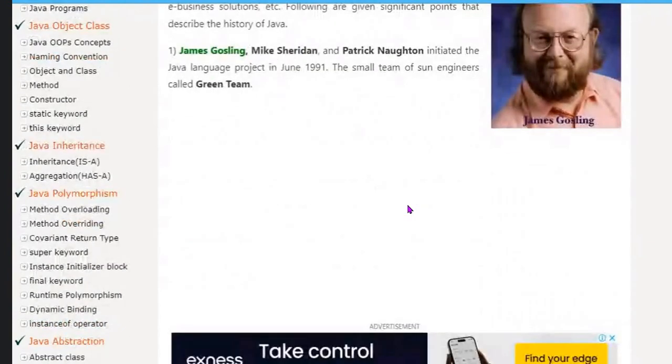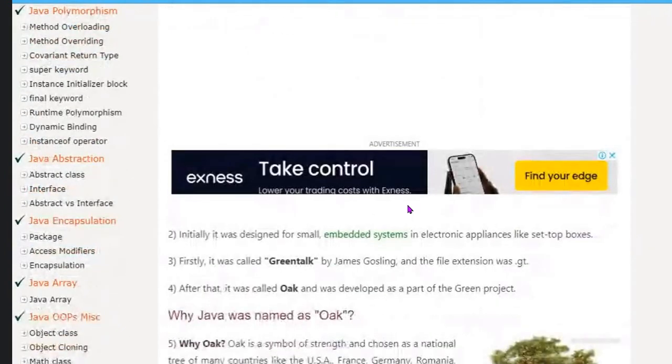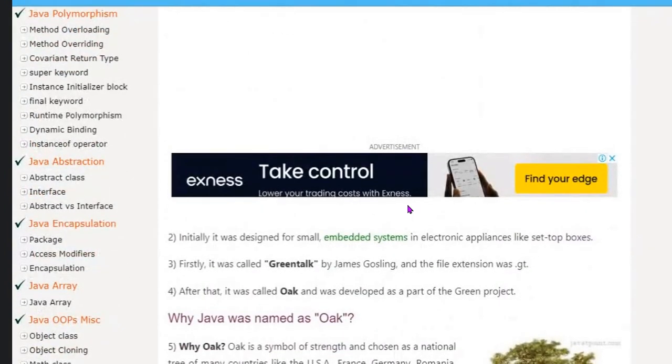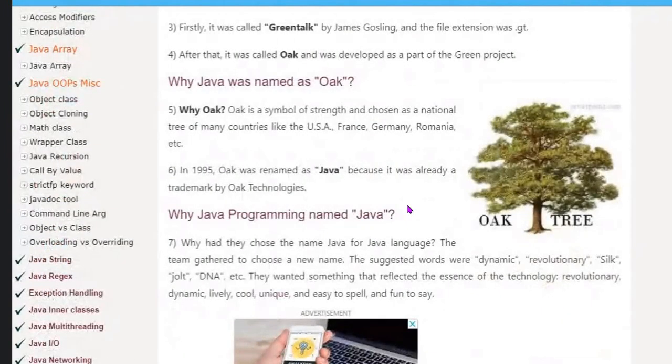Oak means strength, and later because he likes coffee beans, he named it Java. This is the overview I have understood.